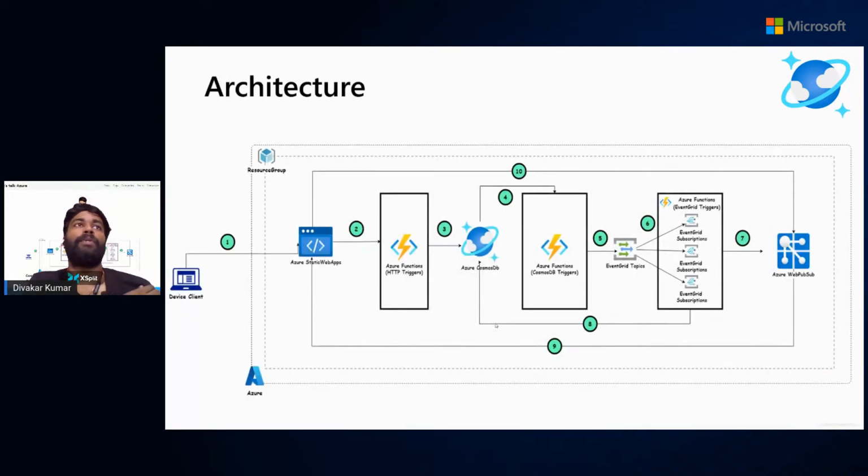Now we come to the architecture of our Cosmos Spark application. There is going to be our device, consider this to be any browser or any user. They reach our plain JavaScript HTML application that is hosted in the Azure Static Web App. It is a hosting platform where you can host the front end as well as the back end. You get a lot of other features which I'm not going to cover in this session because it is a different session on its own.